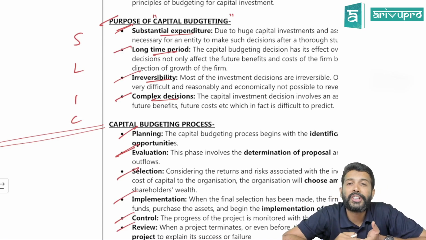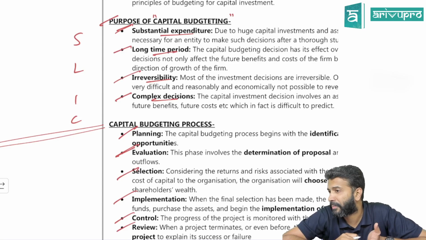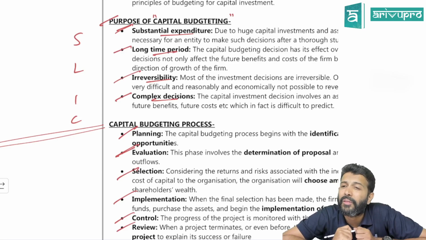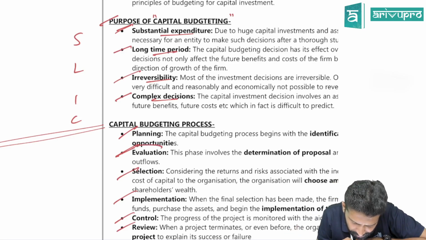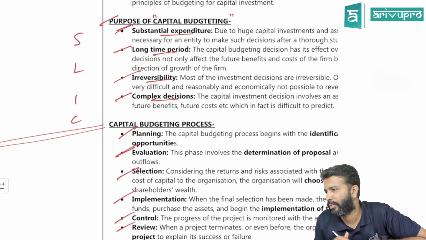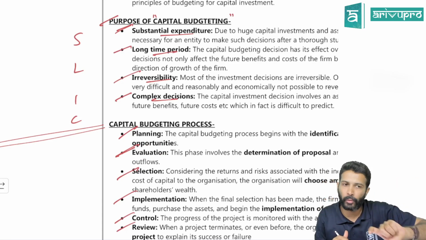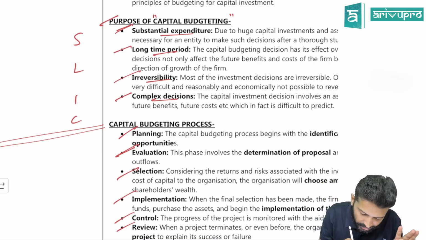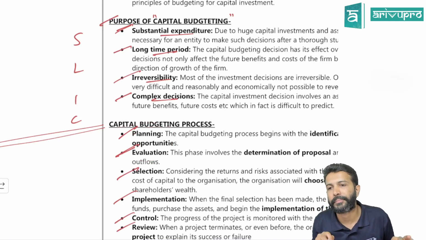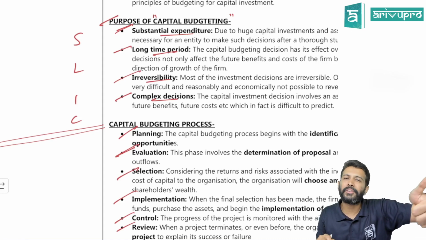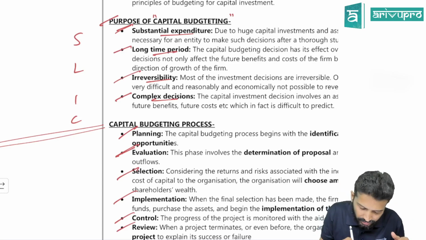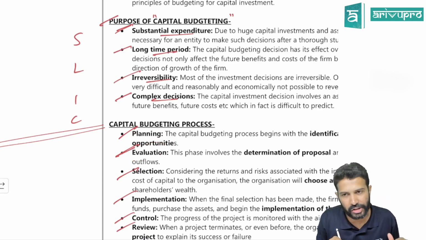Then how many teachers do I need to hire? How much investment will it require? From the students, how much fees can we charge? Basically, how much return can we expect? All these will come under the evaluation stage. Basically, the risk and the reward of each type of investment we will analyze. Got it? That comes under evaluation. Planning is identifying the investment opportunities. Evaluation is finding the risk and reward of each plan or each investment opportunity.